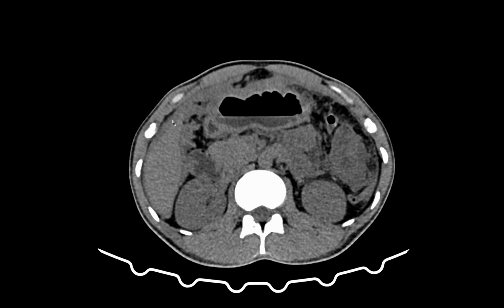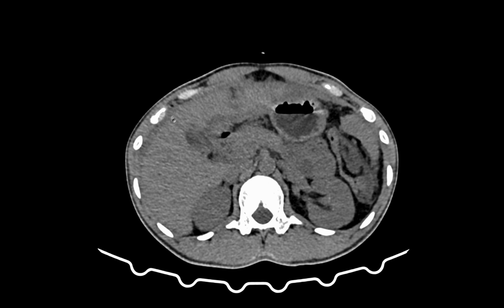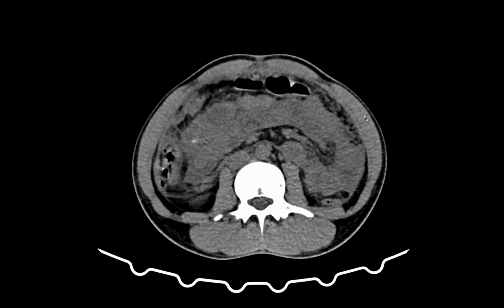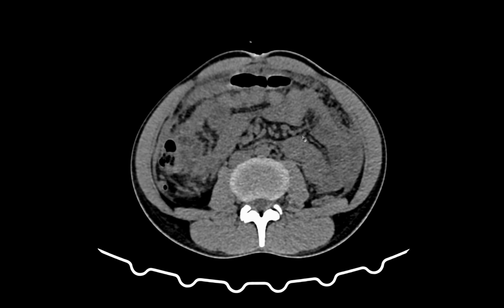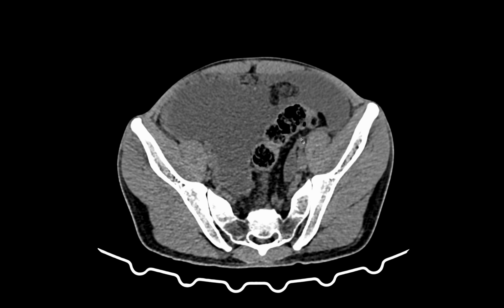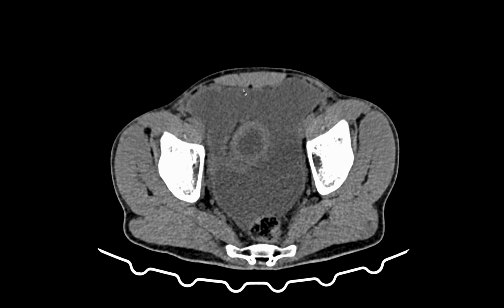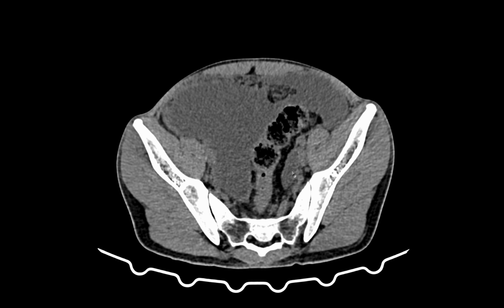You don't see such kind of peritoneal wall thickening above the liver or inferior to the liver surface. You see here there is a peritoneal thickening as well on the plain CT itself. Presence of multiple mesenteric lymph nodes, but not that significant in size. And if you see even the pelvis, there is mild peritoneal wall thickening and ascites.